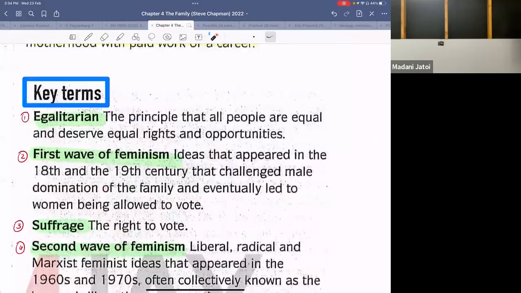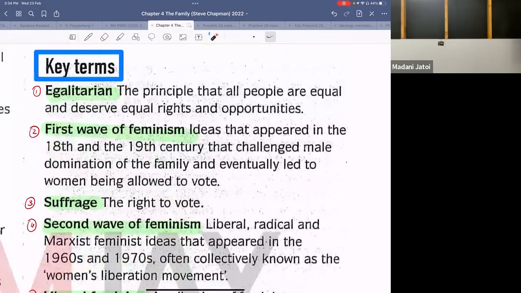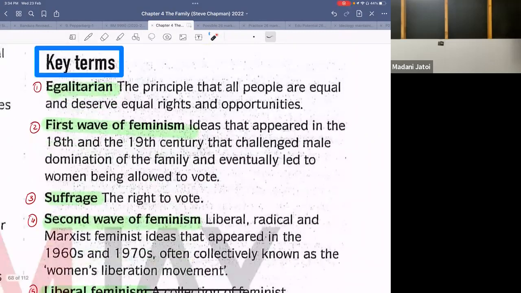So we would discuss liberal feminism in detail in the next lesson. Where this part of this topic is